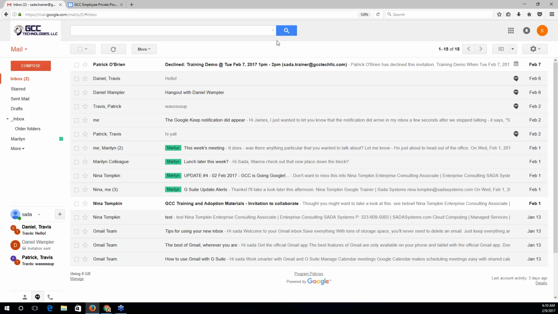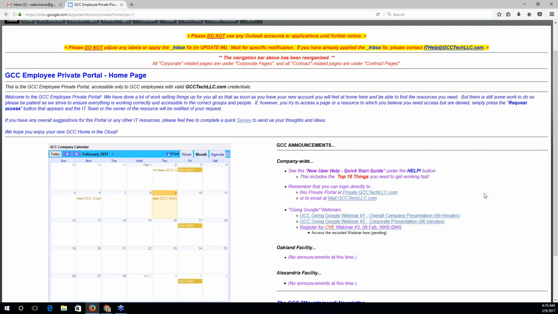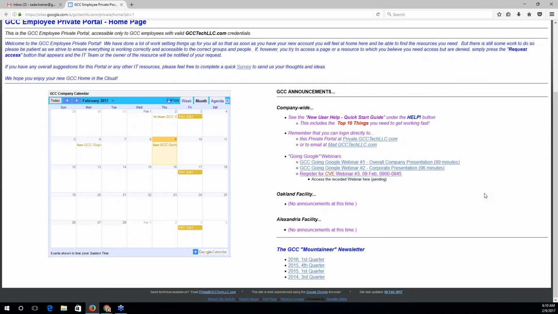Also, before we get started, I want to quickly bring Patrick's awesome GCC Employee Private Portal to your attention. This is a Google site that GCC's IT department, possibly Patrick himself, has designed, and it's full of fabulous information that you can reference later if you have any questions about particular departments, new workflows that are possibly introduced now that you've gone Google, and also a lot of Google learning resources.